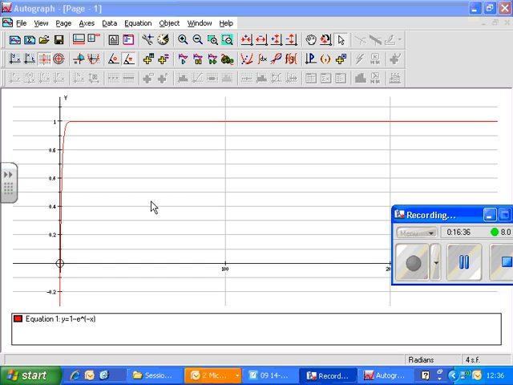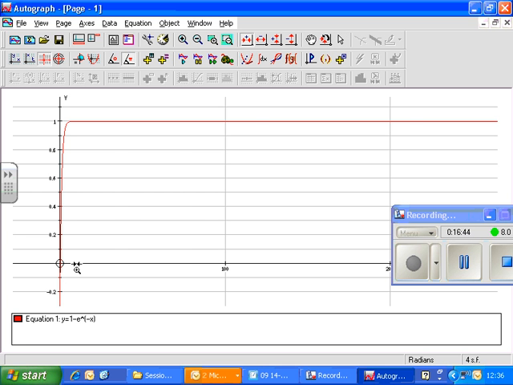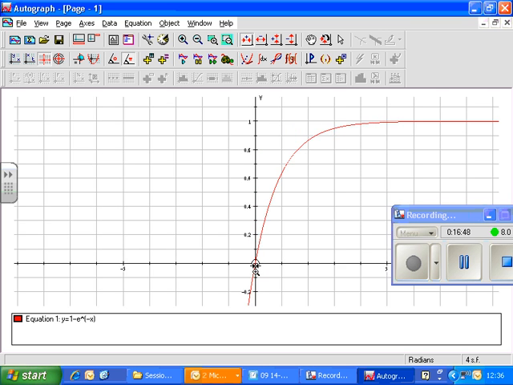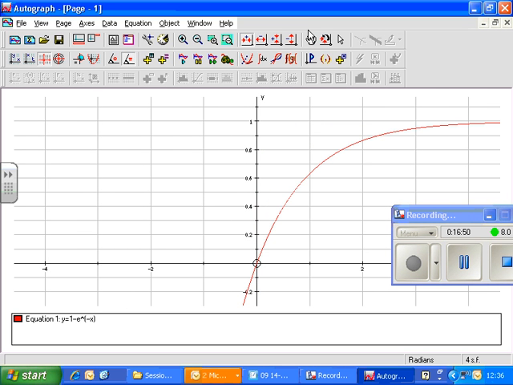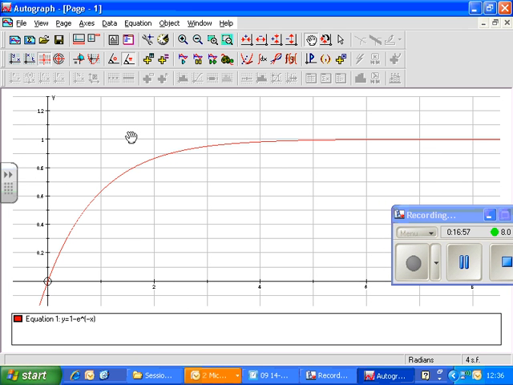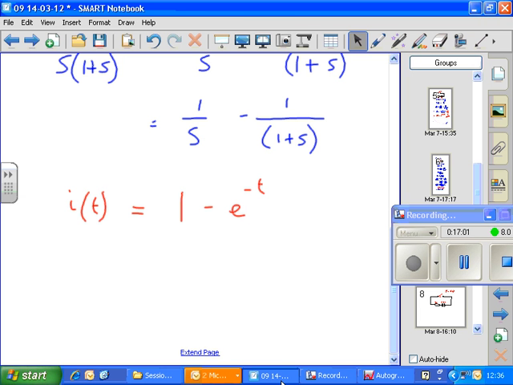So if we plug this into Autograph, you can see that everything's going on right at the beginning of this period of time. So let's zoom in on the x-axis to spread this out a bit, and we start to see what the function looks like. Let's move it along because we're only interested in what happens after t equals 0. So if we look at this now and compare that with the circuit we were looking at, which was going back